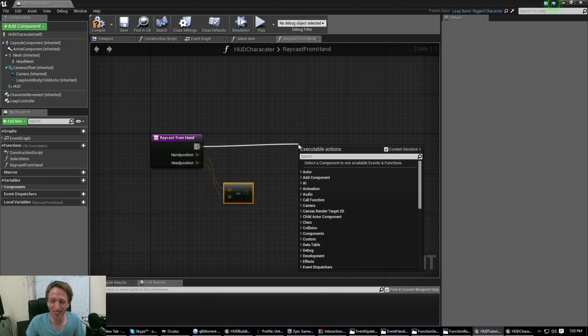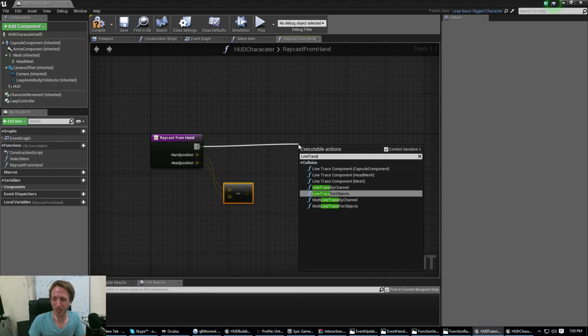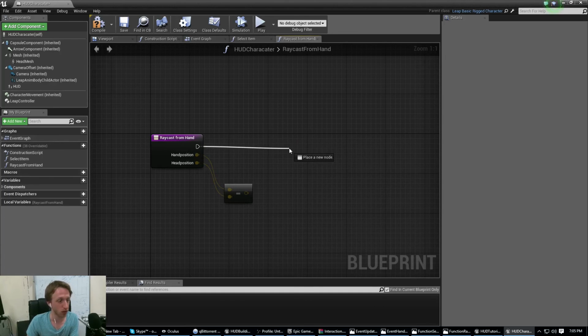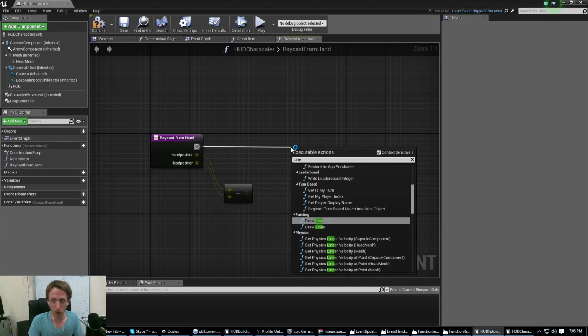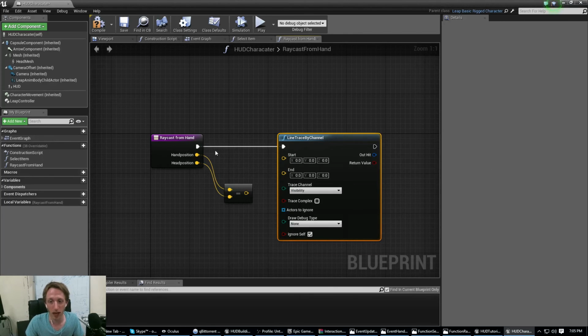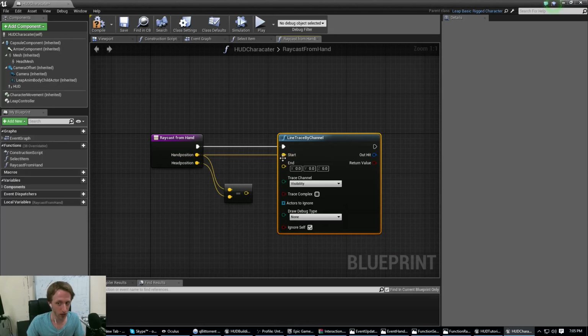We're also going to line trace by channel. Oh, not multi-line trace by channel. That's if you want to do multiple raycasts, get all hits up until the end. We actually just want the first one because we're doing line trace by channel. There we go. And at the start position, we give it the hand because we want to shoot from the hand, but we want to use a direction that is the hand,